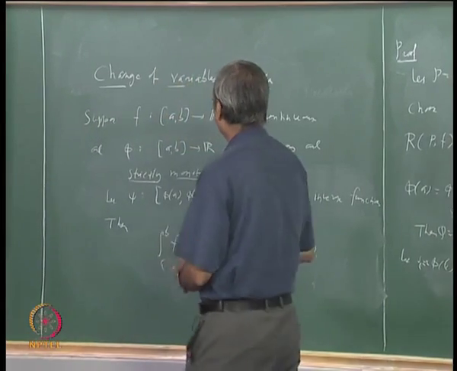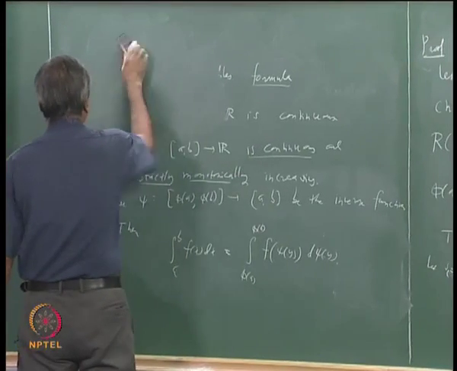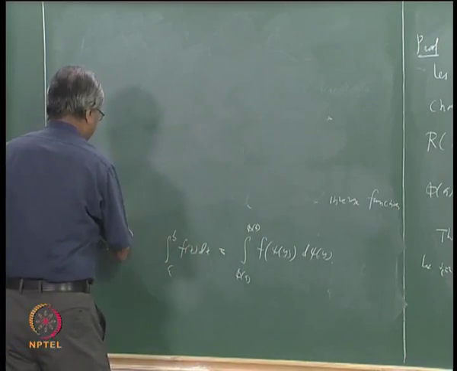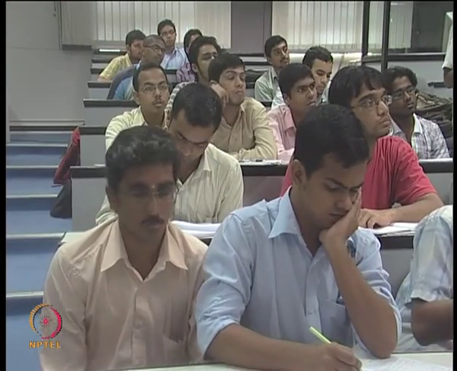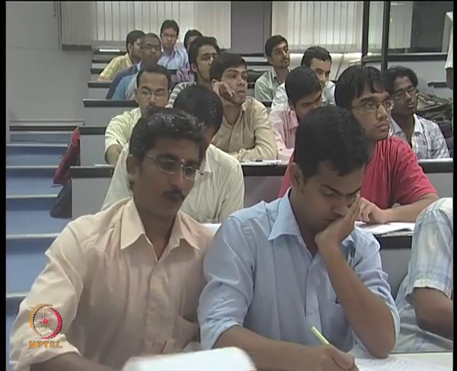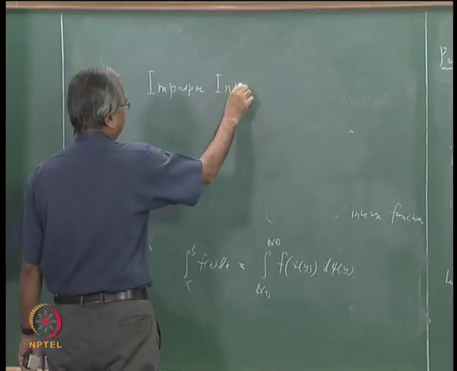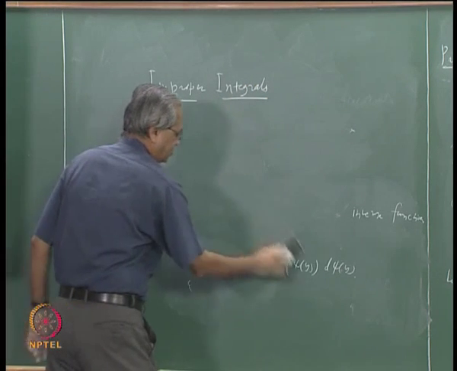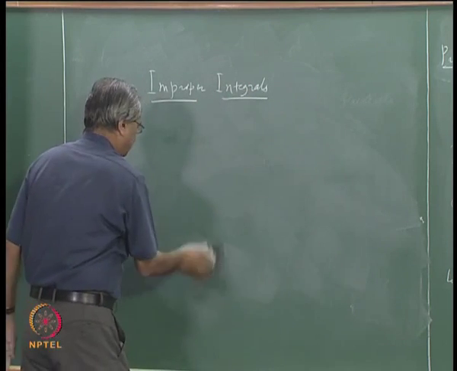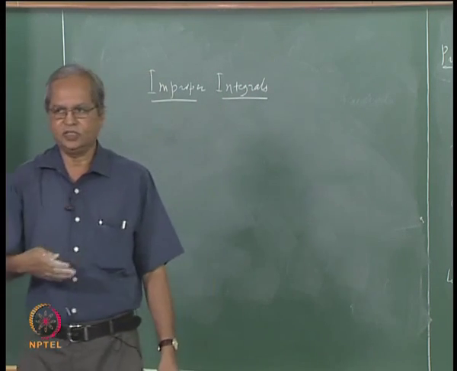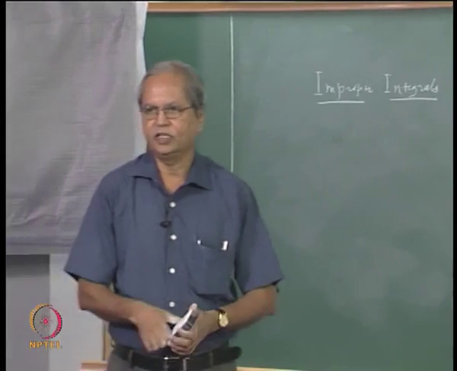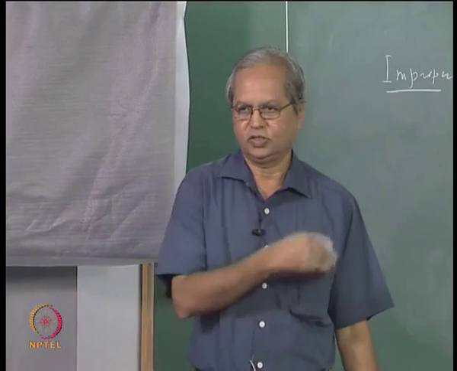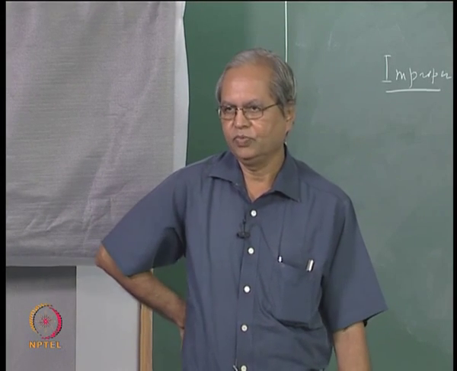There is only one small point which we need sometimes, so I will just mention it in passing, but we shall not go into too many details of that, and that is what is called improper integrals. I mean, the name itself suggests that there is something less here than what we have discussed so far. In other words, what we have discussed so far were proper integrals, and some property is not satisfied here, so these are improper integrals. And what is that property?